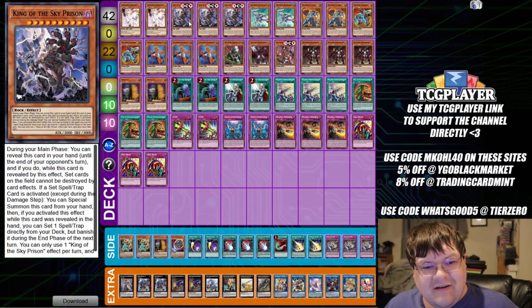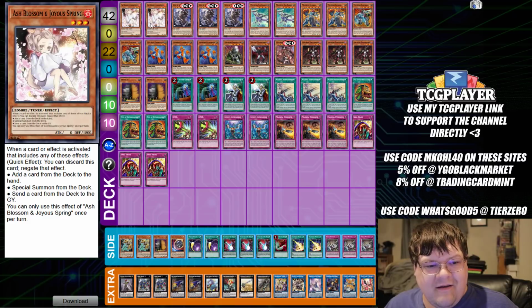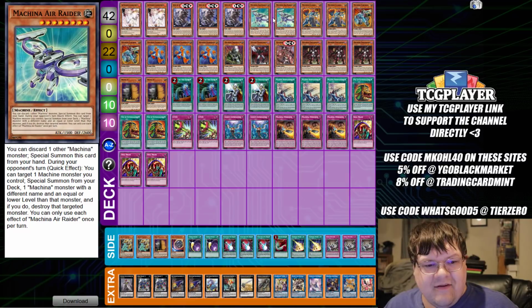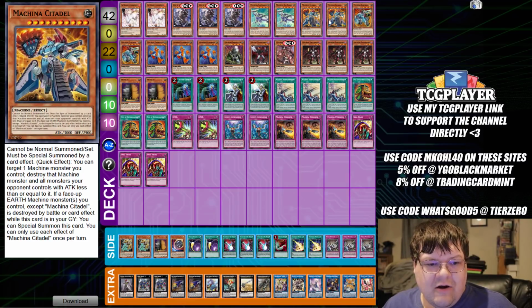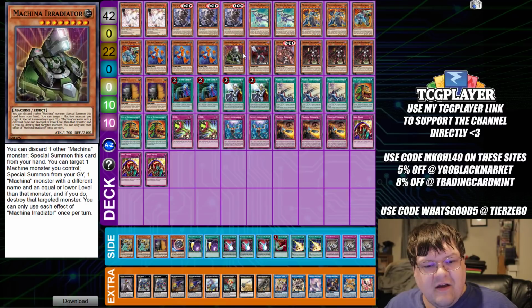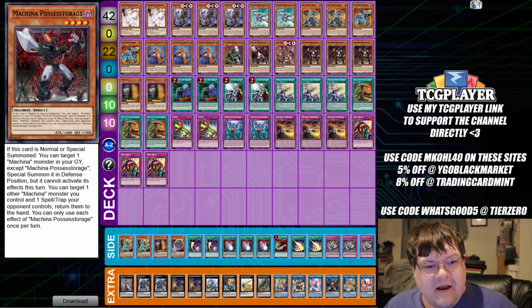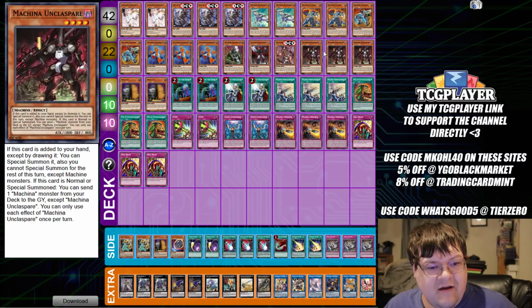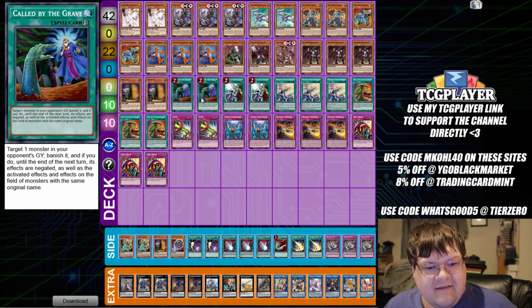They also have protection. So we also have two copies of Ash Blossom and Joy Spring. Triple copies of King of the Sky Prison. Two copies of the Machina Aerator. Two copies of Citadel. Two copies of Fortress. Triple copies of Gear Frame. One Aerator, one Possessed Storage, one Ruined Force, triple copies of the Unclassed Spare, two copies of Maxi, two copies